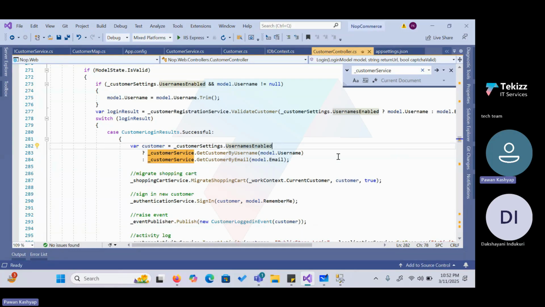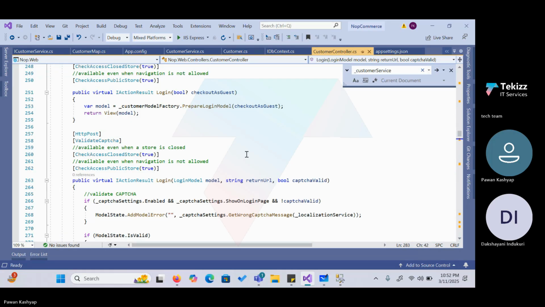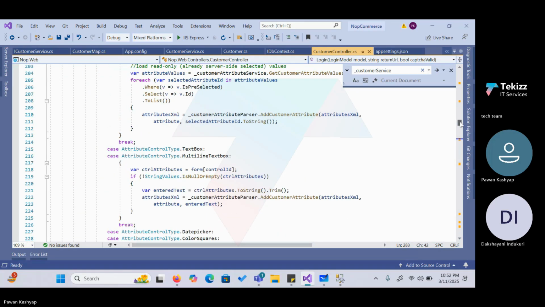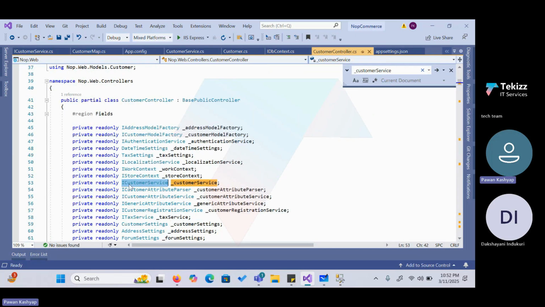Okay. So here you can see we are consuming the customer service. So this is the object of customer service, like we just discussed. So we are creating ICustomerService. The object is _customerService. So here you can see we are